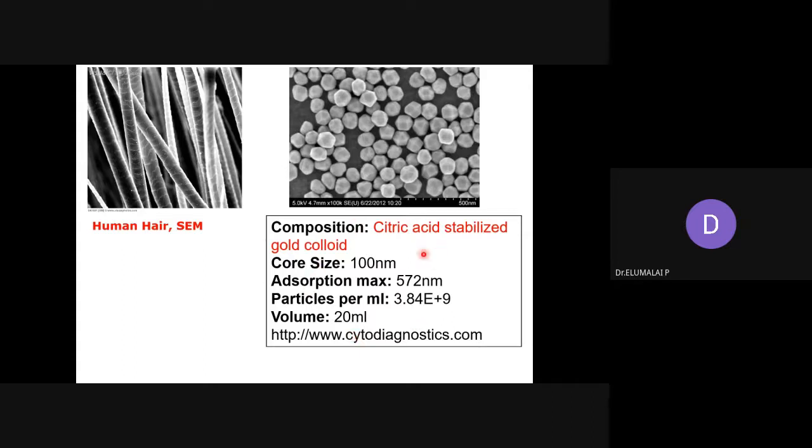So there is a numerical estimation. I'm sure we'll be able to work out this. Absorption maximum is there. The average grain size is there. Number of particles per ml is given here. Volume of the ml is given here. I'm sure we'll be able to calculate something else. You try. How many atoms can be there? How many gold atoms can be there in a grain? It is possible to estimate. There is a numerical problem in this small information.